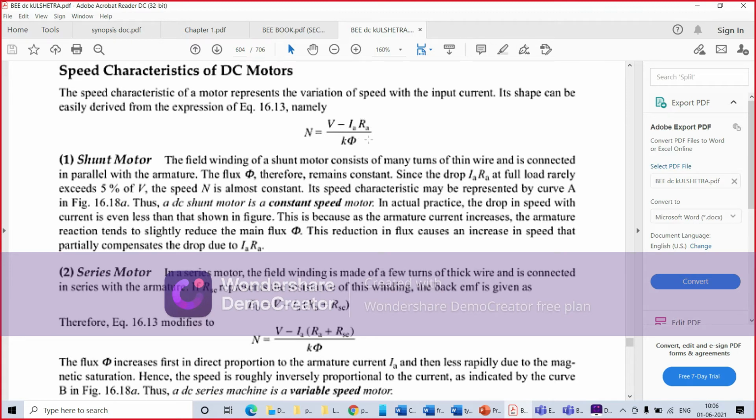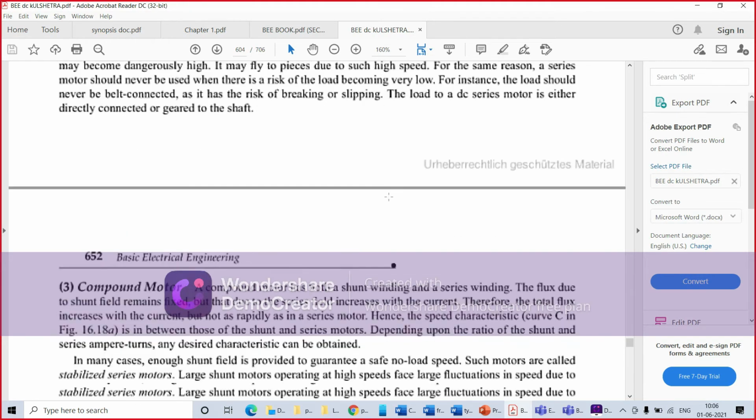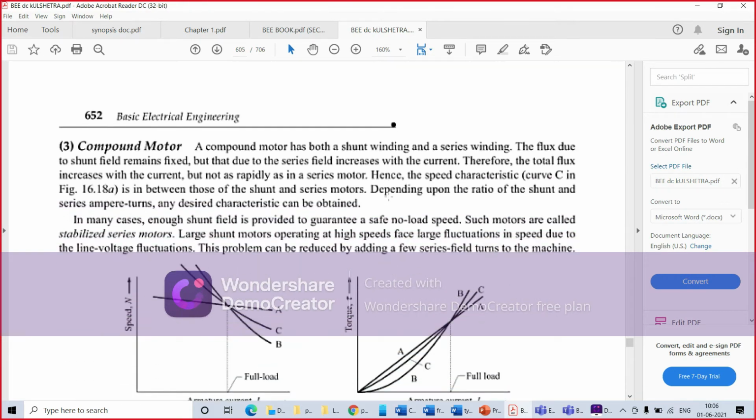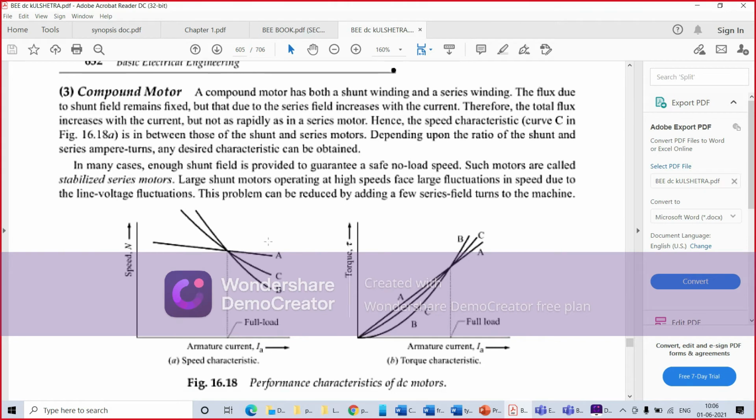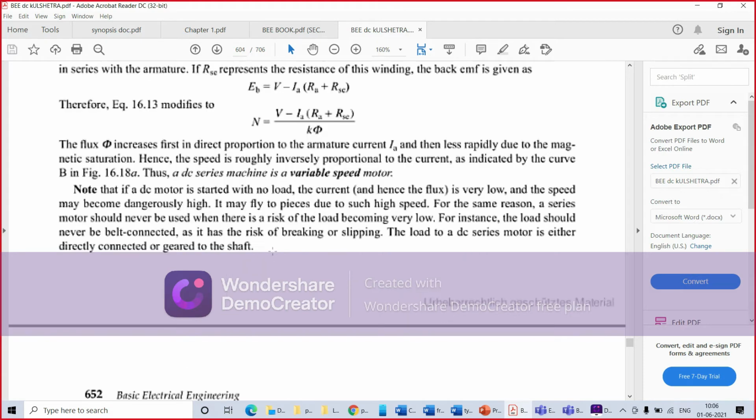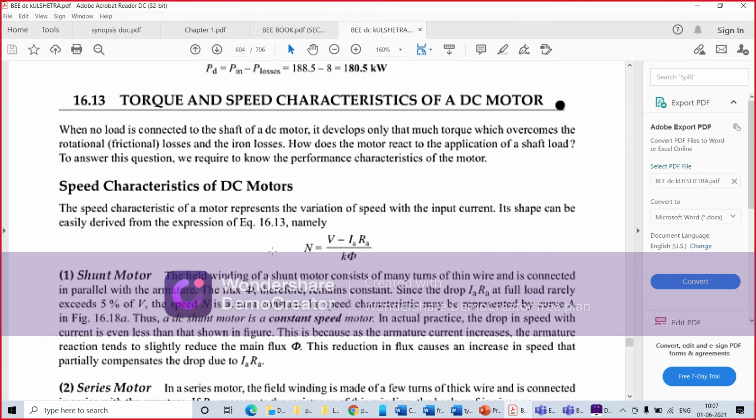ठीक है, आपने जो कैरेक्टरिस्टिक देखा था, वन सेकेंड, यहाँ पे भी दिया होगा, और इफ इट इज नॉट गिवन वी विल सी. ठीक है, ए देखिए, this is your A, this is showing the speed characteristic of your shunt motor. आप इसको देख लीजिए, शंट मशीन या मोटर. ओके, आप इसे देख लीजिए, खाली इसे देखिए. इनिशियली इट इज कांस्टेंट, इट इज फॉलिंग डाउन समवॉट ना. इसका रीजन क्या है? इसका रीजन है यहाँ पे देखिए, इट इज ऑलमोस्ट कांस्टेंट.